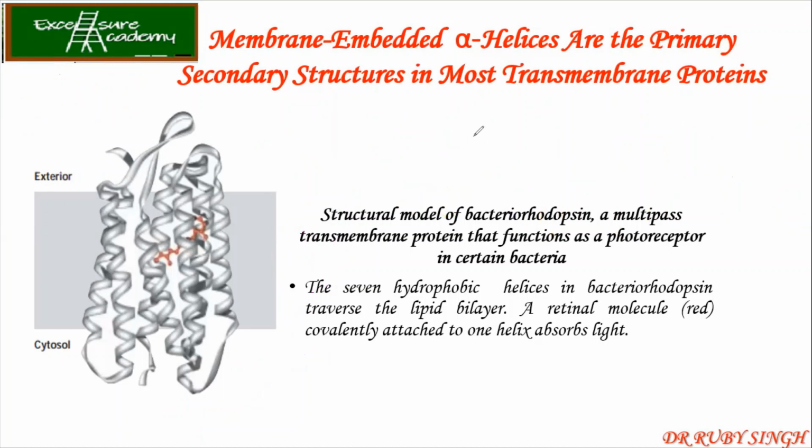So this is important. Sometimes they will give you the figure, the hydropathy plot of certain proteins, and they will ask you what is the total number of transmembrane alpha helices or transmembrane spanning segments. So only that question will come. You just need to count the upper portions, that is the hydrophobic portions. So suppose 4 peaks are there, it means 4 helices are there.